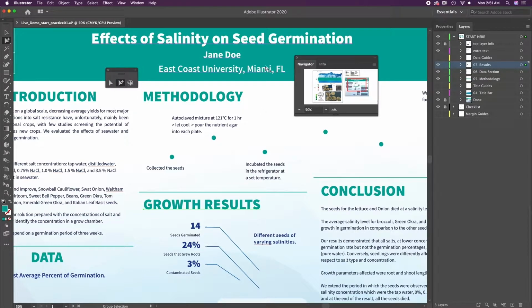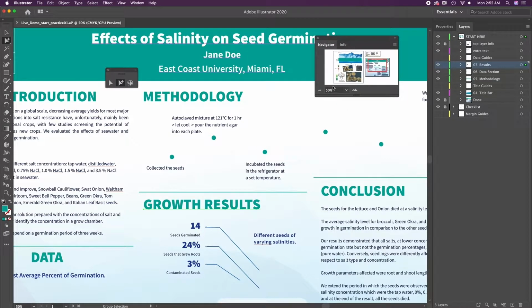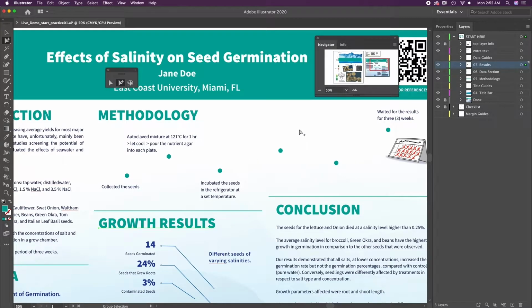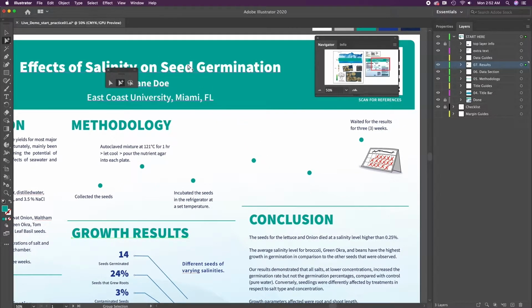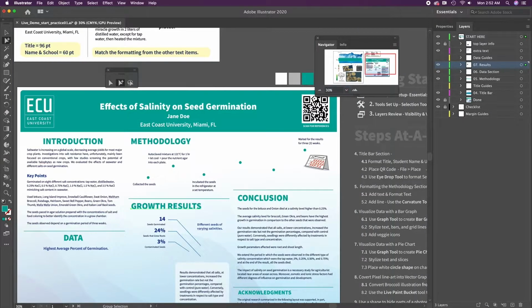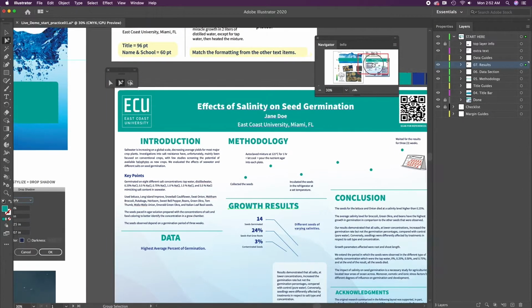Now in my navigator, I'm looking at my methodology section, and the things that I need to do here is, one, there's some text missing. There's a line that I need to add. And so in order for me to do that, I need to get the text that's up here in the text section. So I'm going to type in 30% in my navigator, press enter, and then I'm going to frame up the text